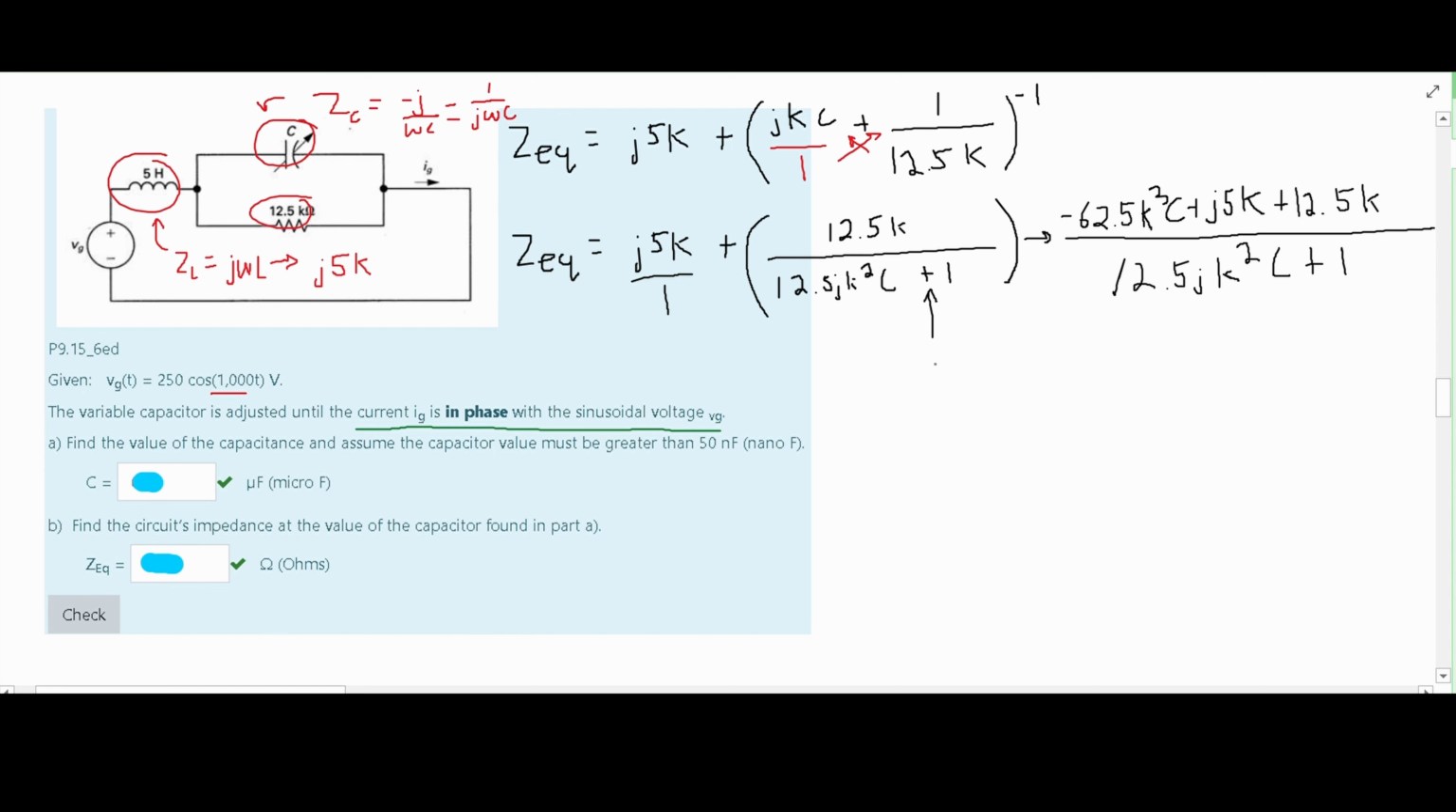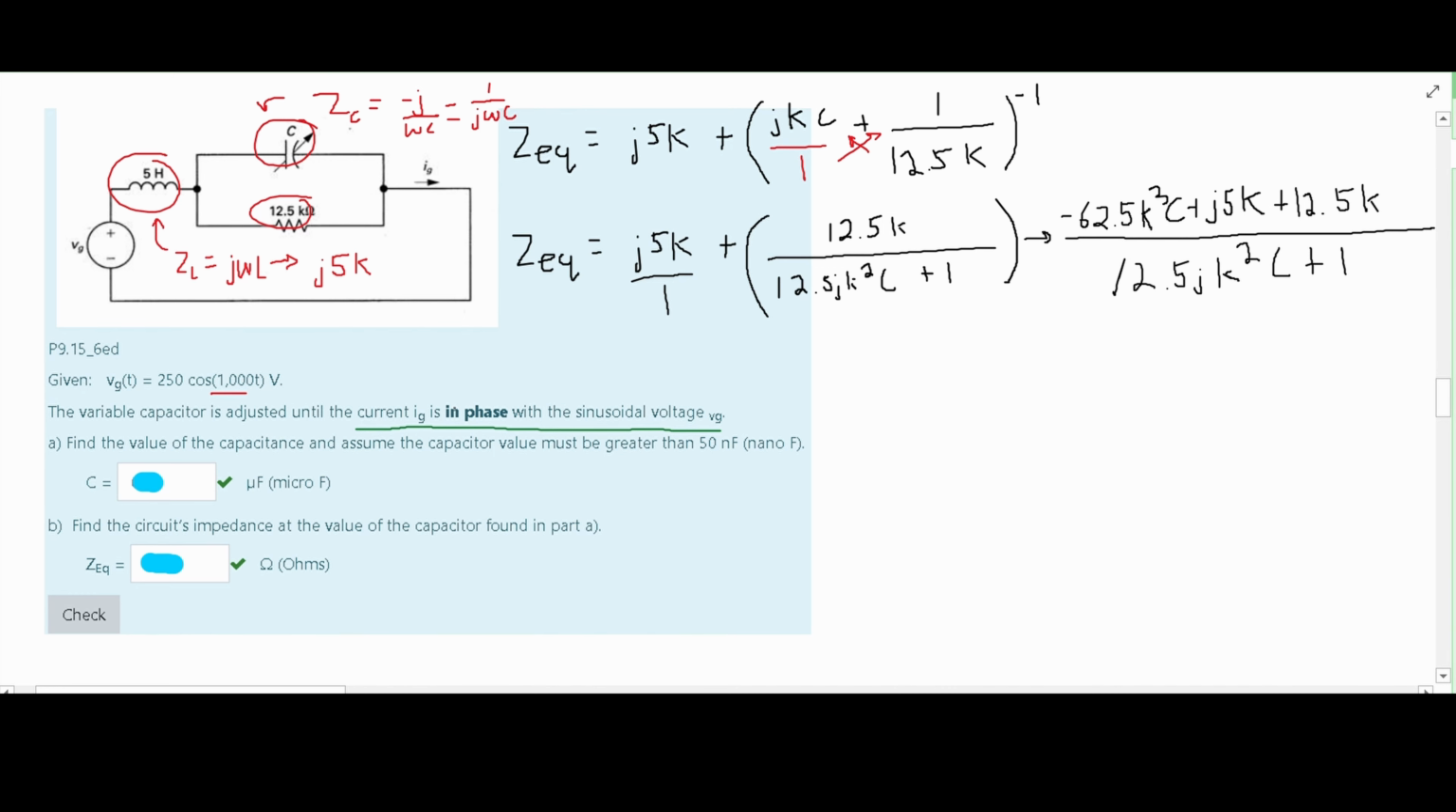However, we're going to switch this sign and make it a negative. That way we get rid of the imaginary numbers in the denominator. And once we have that, we can just set all of our imaginary numbers equal to 0. And this is because, again, if the current is in phase with our voltage, it means that the imaginary part of our impedance is going